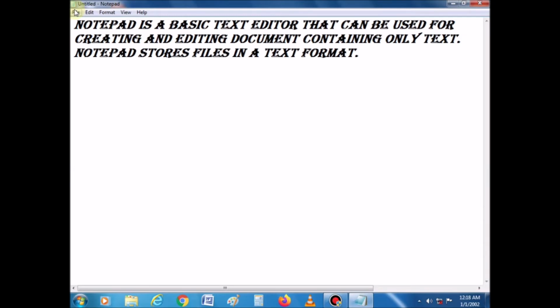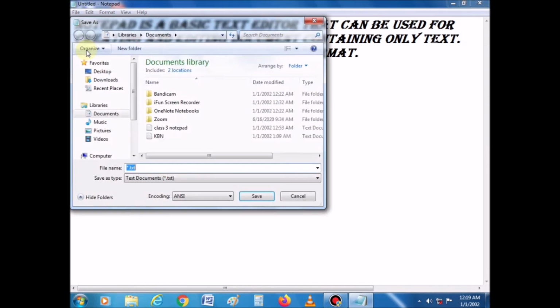To save the document, click the file menu, then click the save as option. You can see. Now click on that save as option. After clicking on that, the save as dialog box appears. Now select the location where you want to save the file. From the left pane of the dialog box, you can select the location where you want to save your document. And after selecting the location,